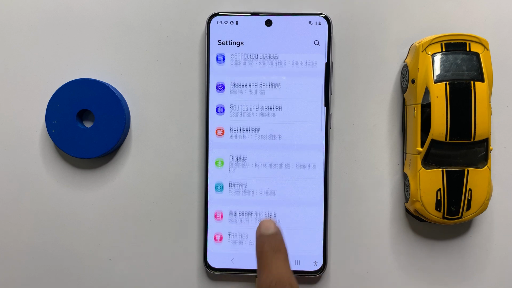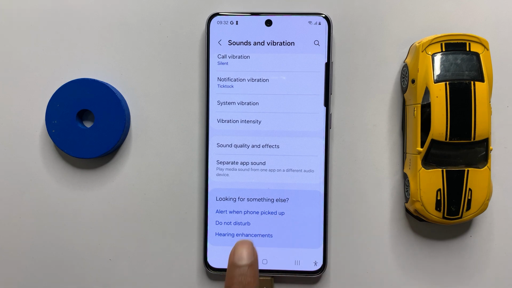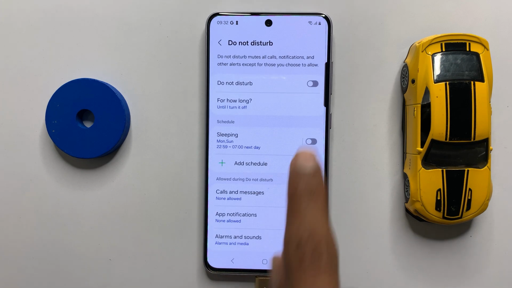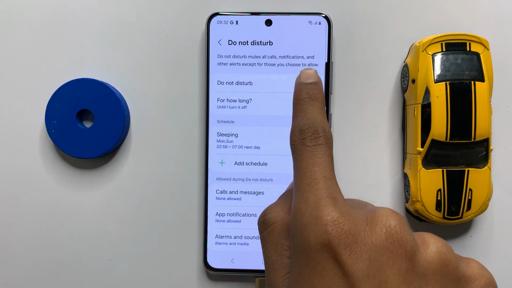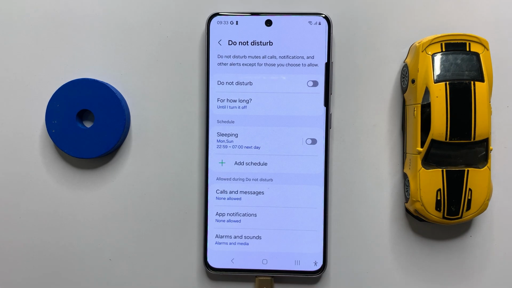and click on sounds and vibration. So scroll down at the last and click on do not disturb. Now here you can turn on or off your do not disturb. If you turned it on, then turn it off. After turning it off, then go back